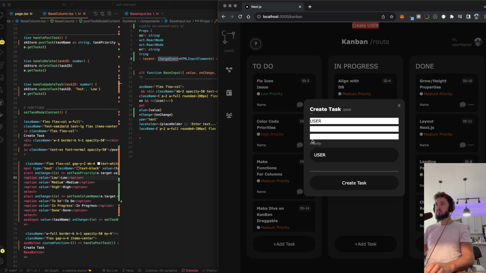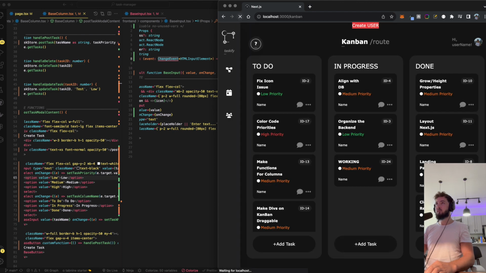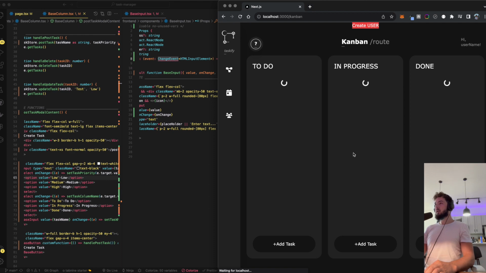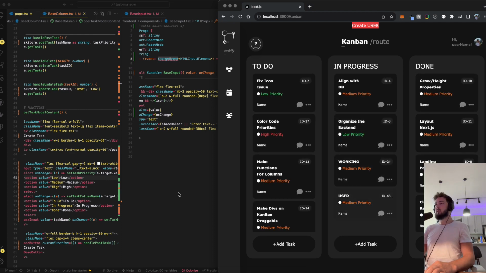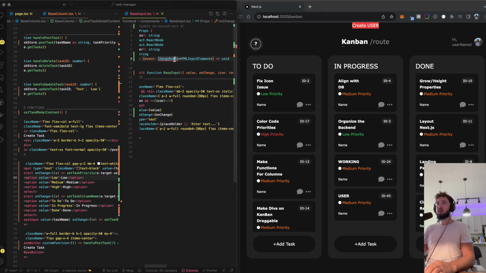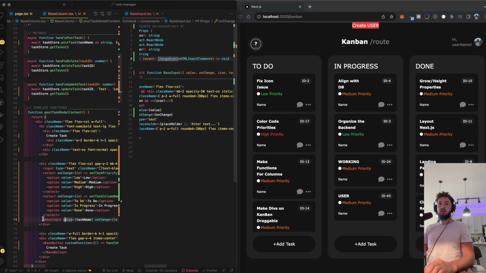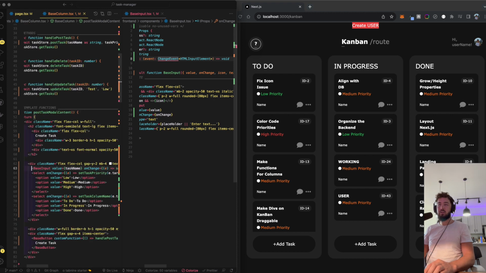So I'll say user low in progress. Let's go ahead and refresh, see if we get that thing. User, yes, we do. Okay, so it is working. We just need to deal with this little TypeScript issue or some sort of issue here for the prop. But that's awesome because then we can get rid of this. And then I just need to build out